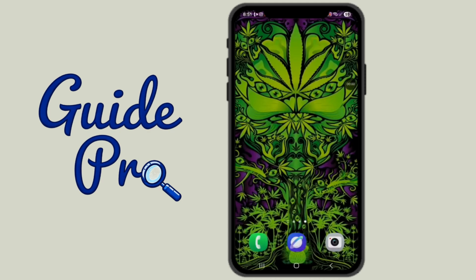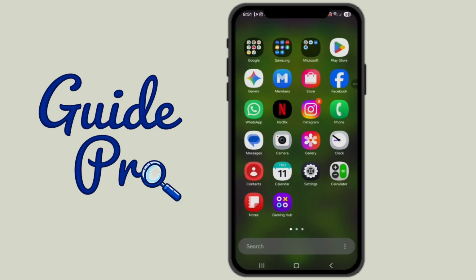In this video, I'm going to show you how to find the recycle bin on an Android phone. So if you've recently deleted a file and want to restore it or permanently remove it from your device, just follow these steps. First, unlock your Android phone and swipe up from the bottom of the screen to open the